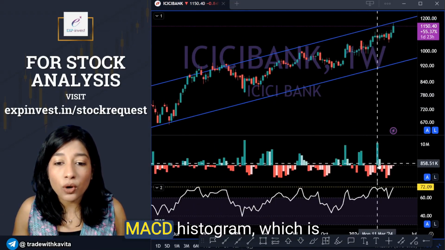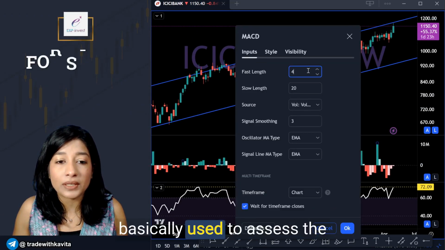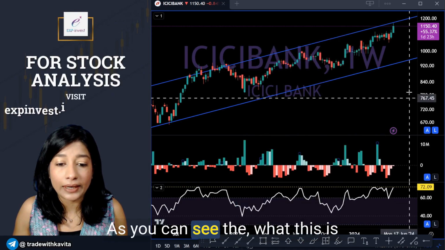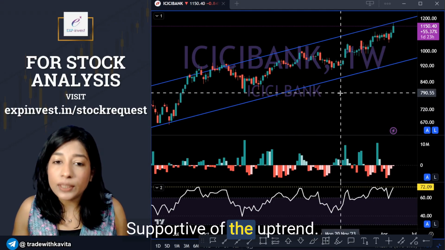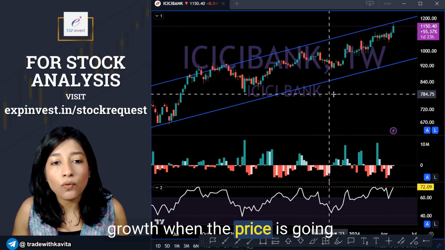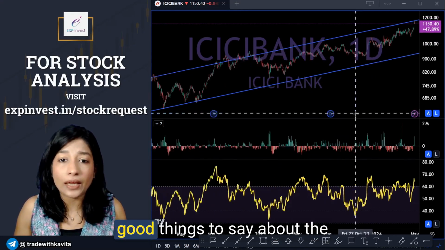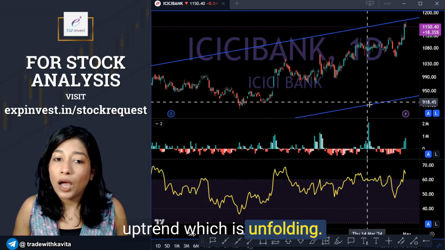And if you also look at this MACD histogram, which is basically used to assess the volume, and this is the setting, as you can see, what this is showing is that the volume is of the uptrend. We are seeing strong volume growth when the price is going up. The weekly time frame has all good things to say about the uptrend which is unfolding. Now,